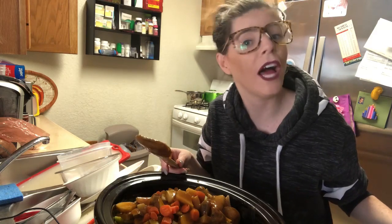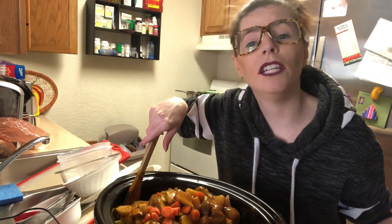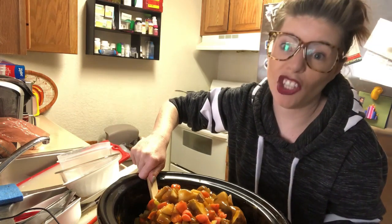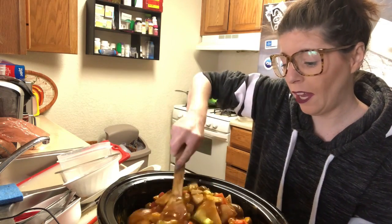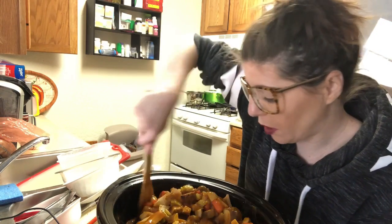Secondly, I don't even know if I was supposed to stir it in, but guess what? I was just told to cut it up and throw it in the crock pot. I wasn't told how to cut it up, and I wasn't told if I was supposed to stir it. I just was told, cut it up, put it in a crock pot, leave it on high, and leave it alone all day. So, if you don't actually specify, then I'm gonna do it my own way, okay? And my own way is the millionaire way. Okay? Alright, I think that's as far as I'm gonna get, because honestly...